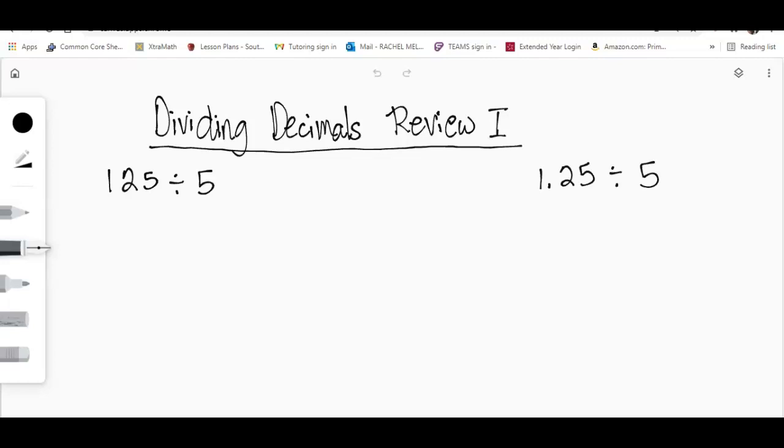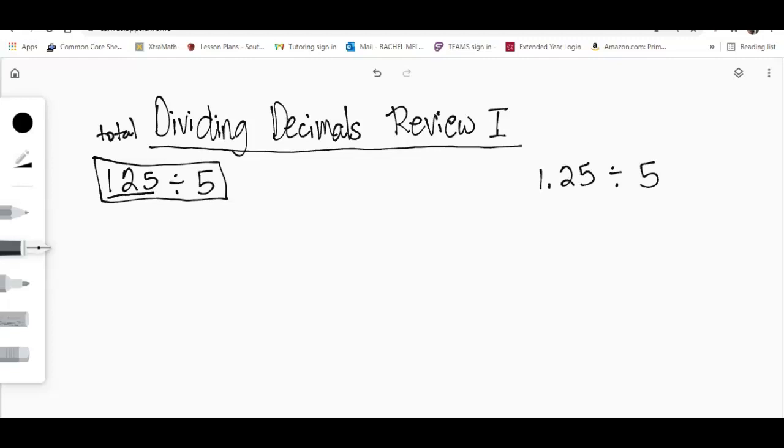So I just want to remind you that when we are dividing with a decimal, it is the same process as when we're dividing with whole numbers. So we generally like to use the box method because most people kind of understand how to do that. So I'm going to use this whole number problem first and remind you of the box method. And then I'm going to take the problem over here with the decimal and I'm going to show you what that looks like. So remember with the box method, my total,